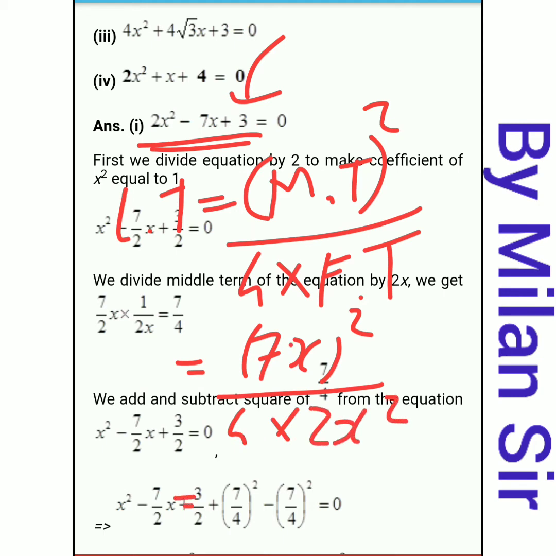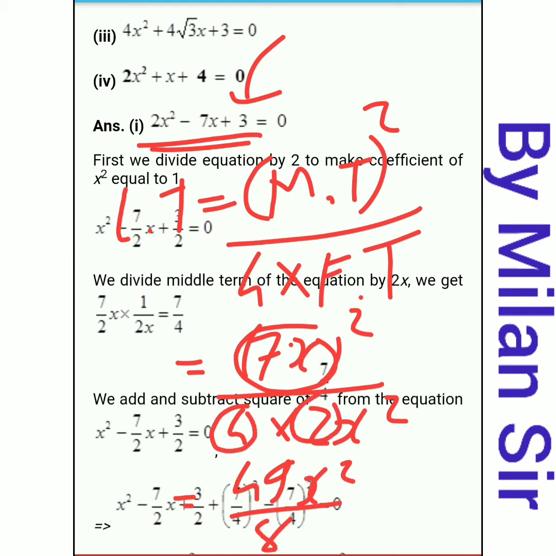Okay. Now here 7 square is 49, and x square is x square only. Then in the denominator 4 times 2 is 8 and x square. So x square cuts, we get here 49 by 8. Okay. Here we do not want x square. Whatever we have, we can directly use this formula of last term. So here our answer for last term is equal to 49 by 8.